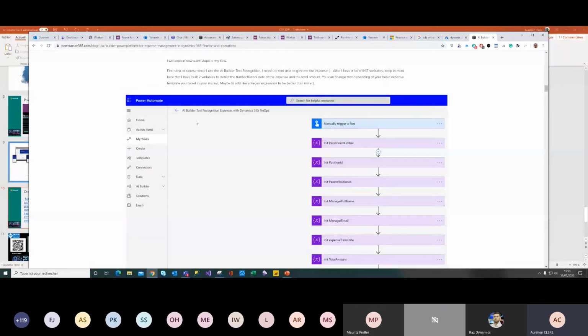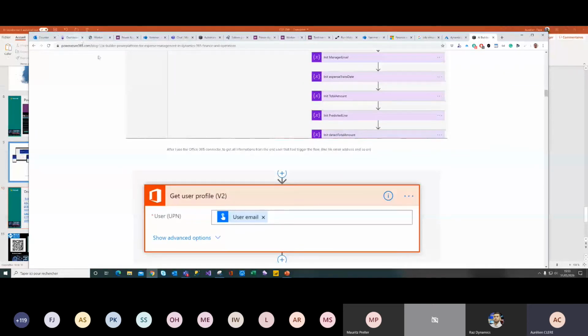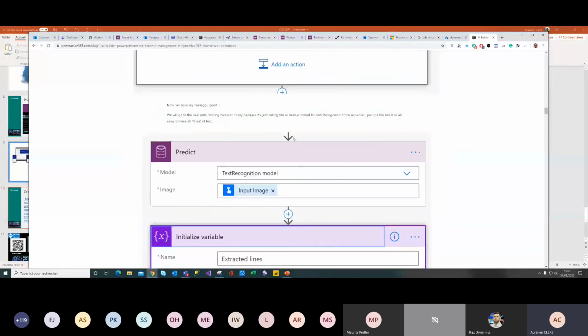With Power Automate, I call AI Builder, which has the ability to add text recognition of your image. So you can have a worker scan their expense directly, and you can set up the fields you want to sync afterwards to your Finance and Operations.